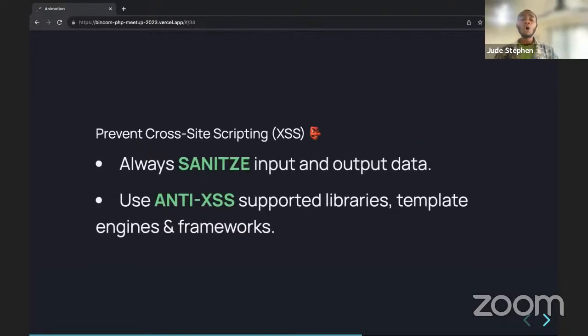So first, you have to always sanitize your inputs and your outputs. It's very important that you take note of this. You must sanitize the input that comes in. Whenever a user sends you information, add validation. After you have validated it, clean it up. For example, input that comes from a what-you-see-is-what-you-get editor could contain a lot of HTML. So while you validate that this is a valid string that contains HTML, it is also very important that you sanitize it in case you are not sure or you don't trust where this input is coming from. The same thing with your output.